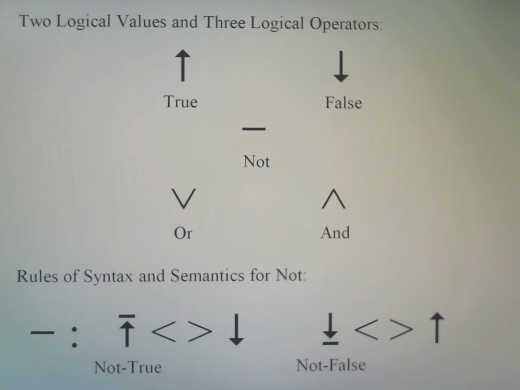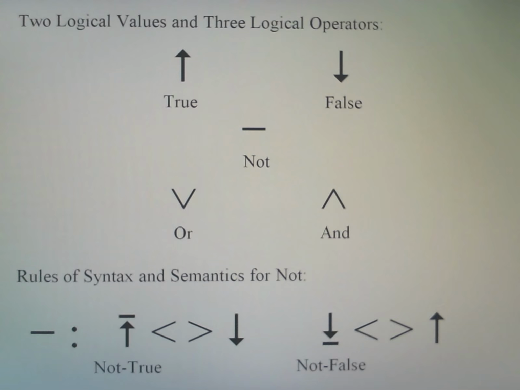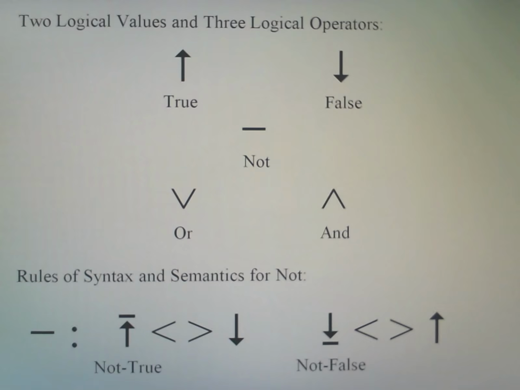In addition to the two logical values, I have, as you see here, the three logical operators. These are things that operate on the values, and the things that take the values we would then call operands. Ultimately, I will describe those. Here, however, I want to talk about the three operators of not, or, and and: negation, disjunction, and conjunction. In particular, for the not operator, of course, we can combine that with a true statement, and we can combine that with a false statement. And as we know, of course, a not true statement is false, and a not false statement is true. I'll talk about that in a minute.